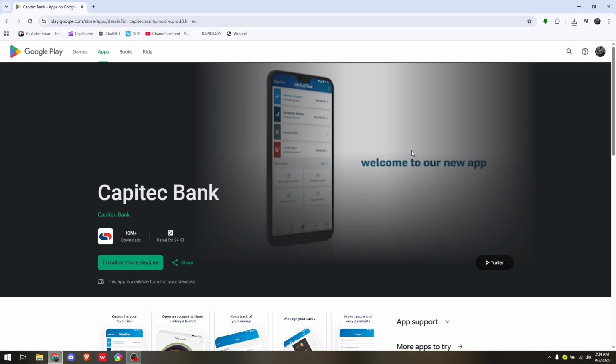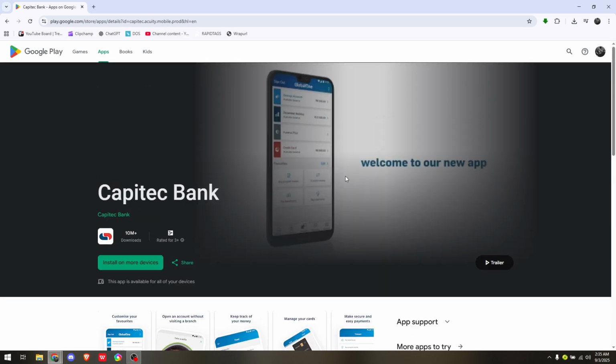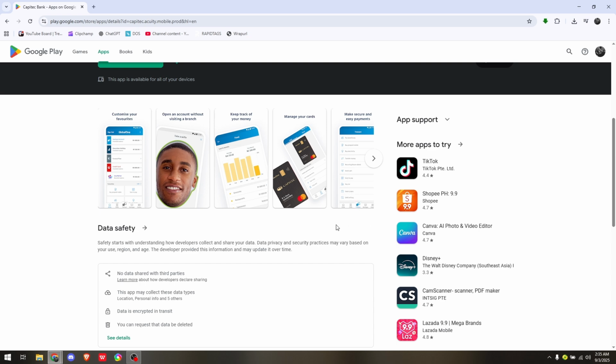How to install Capitec app on laptop or PC. So we all know that the Capitec Bank application is only suitable for mobile devices. But if you would like to download and install it using your laptop or PC, we're going to need to